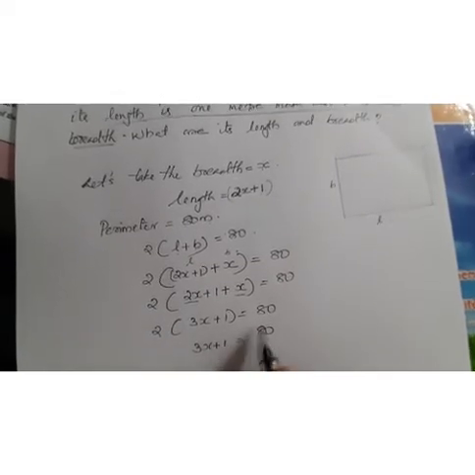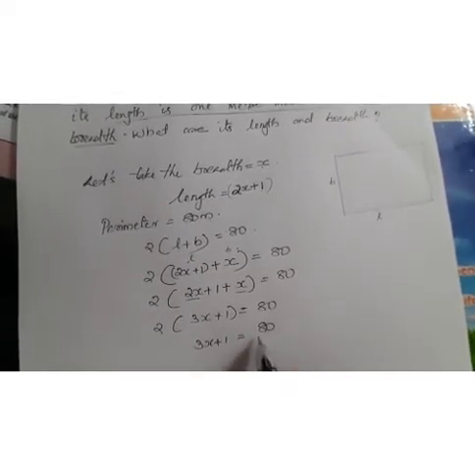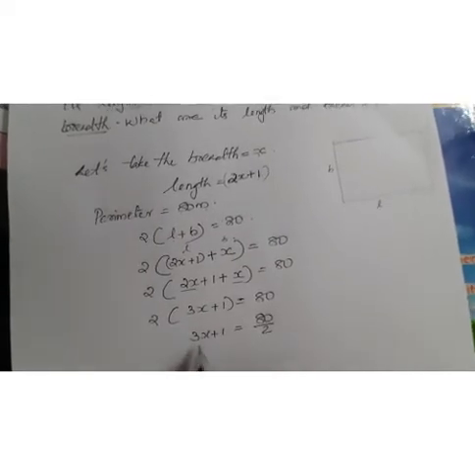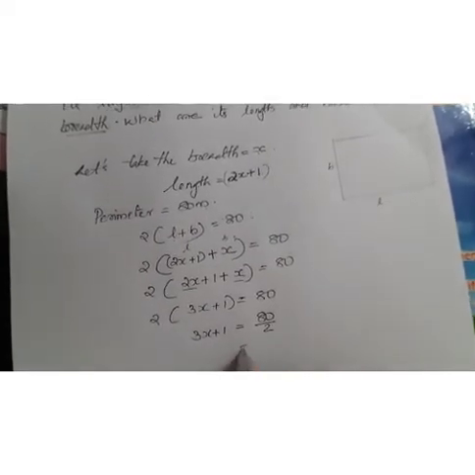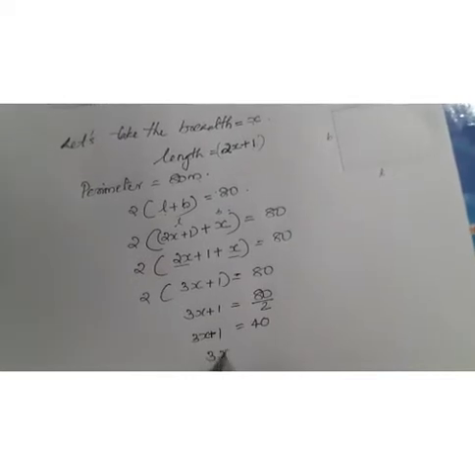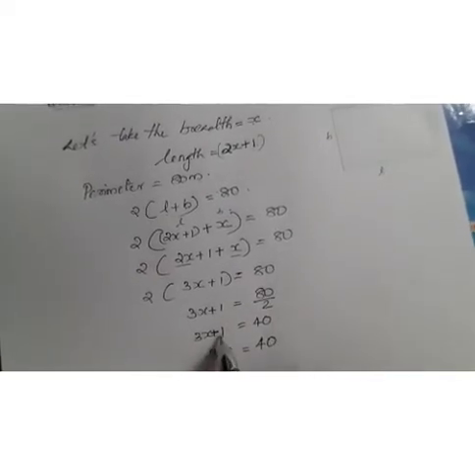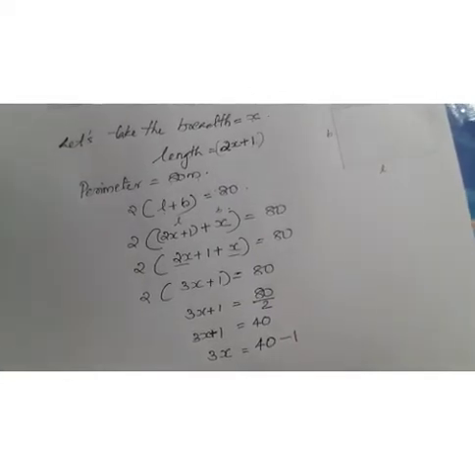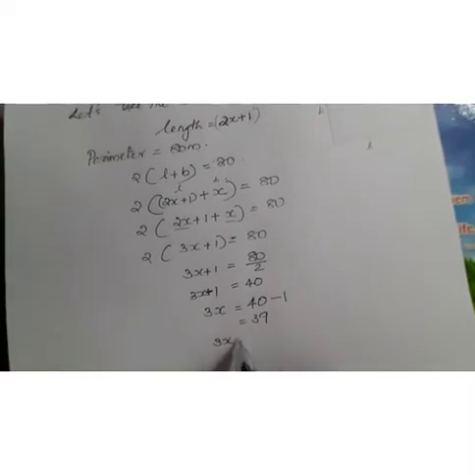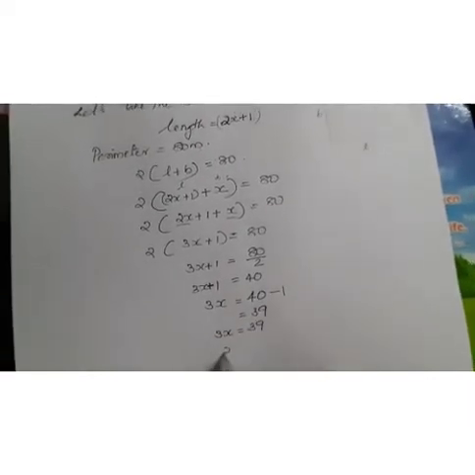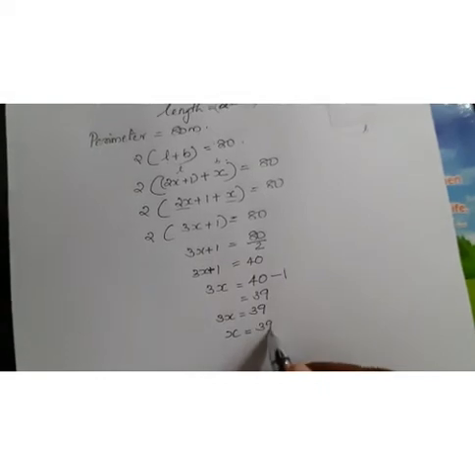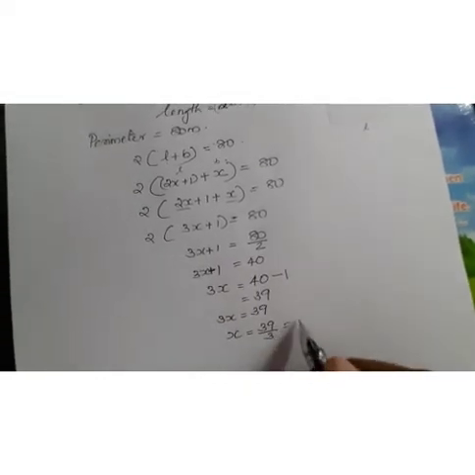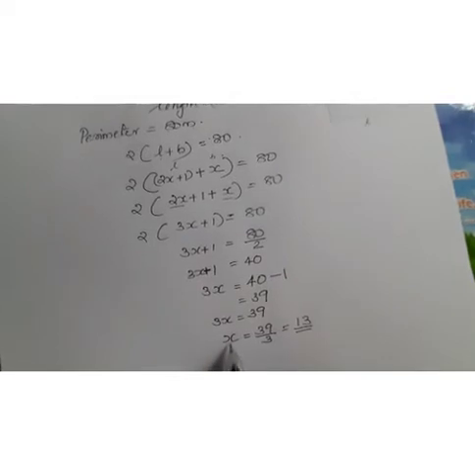Here it is multiplication. It's taken to the other side of the equal, so it should be division. So 3x plus 1 is equal to 80 by 2. What is 80 by 2? It is 40. So 3x plus 1 you got as 40. Then what about 3x? 40, plus 1 becomes minus 1 here, so it should be 39. So the value of 3x is 39. What about x? It is 39 divided by 3. So how much? It is 13. So the value of x is 13.